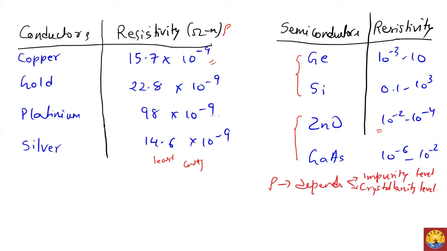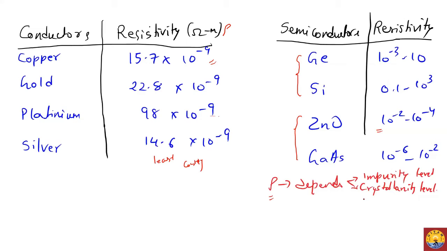We can see that metals are on the order of 10 to the power minus 9, whereas the lowest resistivity value here is minus 6. So these will have a resistivity which is higher than conductors. Okay, and one more parameter that resistivity depends on for a semiconductor is the impurity level. If the semiconductor has some ions, metal ions, then it will automatically increase the conductivity.